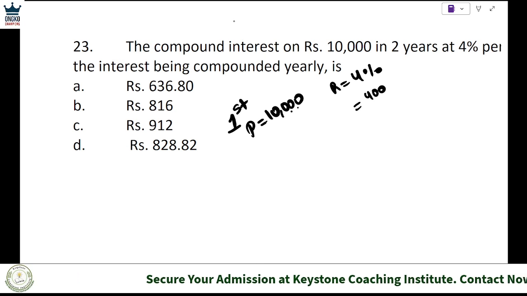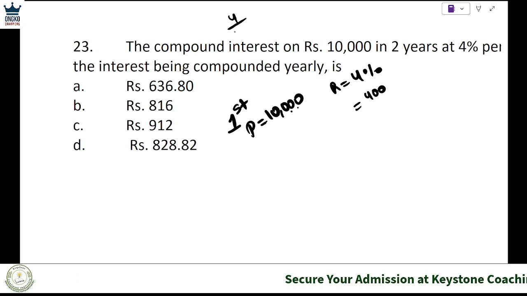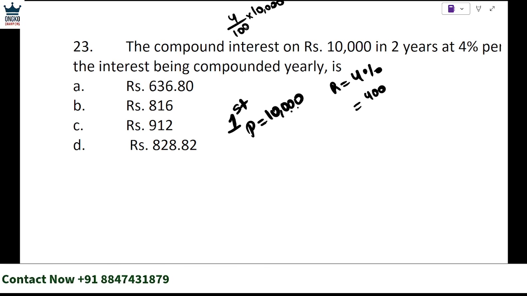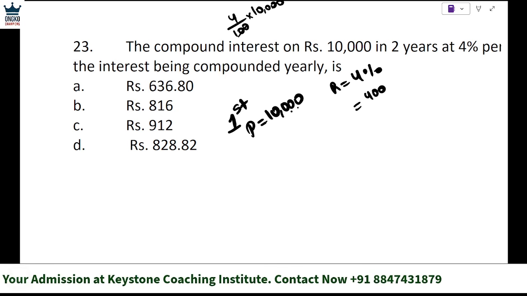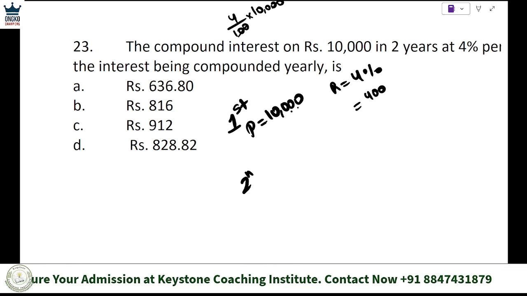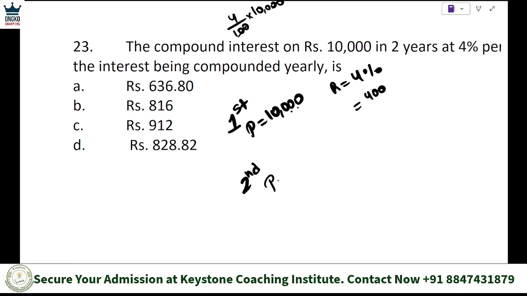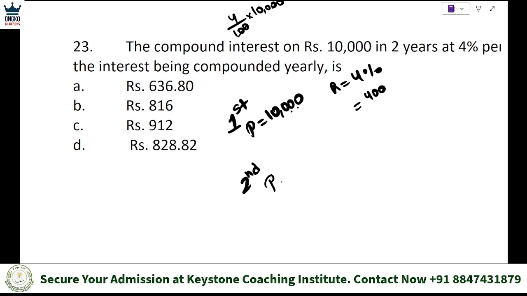But no worries if you don't know this, then 4% means 4 divided by 100 into 10,000, which is 400. So the first year interest is 400. But in the second year, the principal is no longer 10,000, the principal becomes the previous principal plus interest, so here this becomes